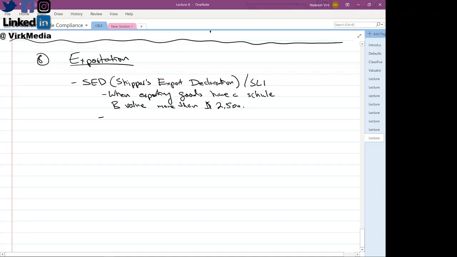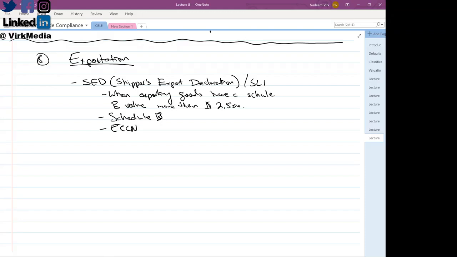And I guess the other thing that the SED or SLI has besides Schedule B is the ECCN number. The ECCN number is pretty much an export classification, and if done correctly, it'll tell you exactly which products require a license before you can export them from the US. So there's a whole exportation guideline which you can look at online, and it'll guide you exactly how you can assign Schedule B and ECCN numbers. And depending on the ECCN number, it'll show you what kind of license would be required, if any, for anything